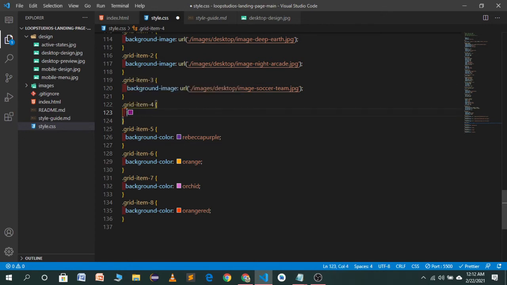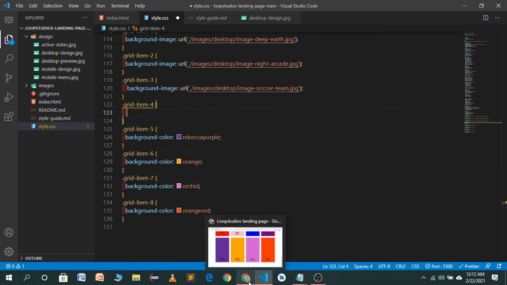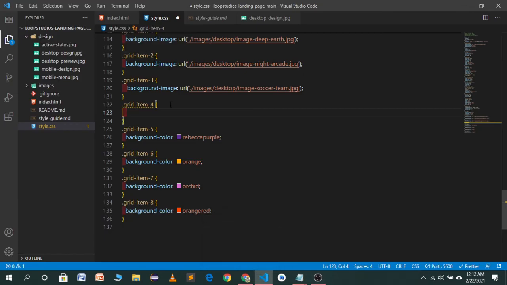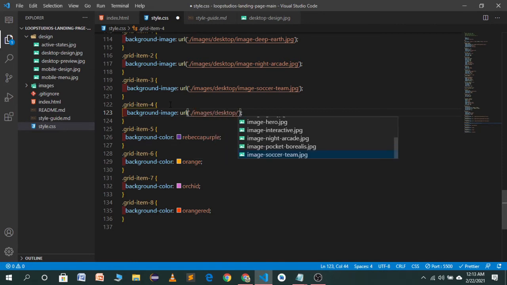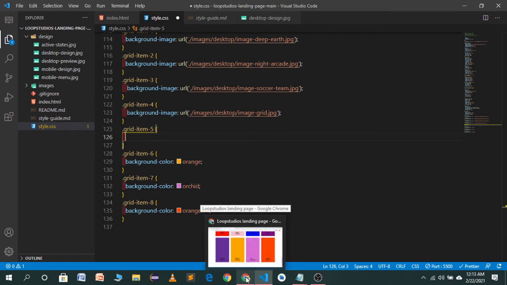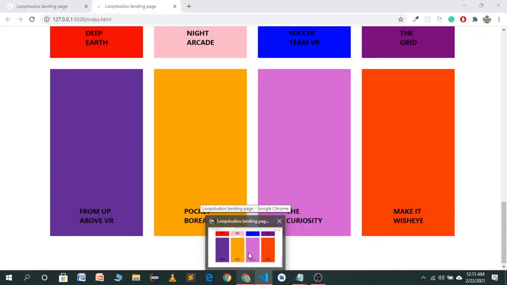and in the grid item 4 we have the grid background image. So I will import this image from our desktop. Grid one is this. As you will see, you can follow these steps and you can use these techniques for this alignment.